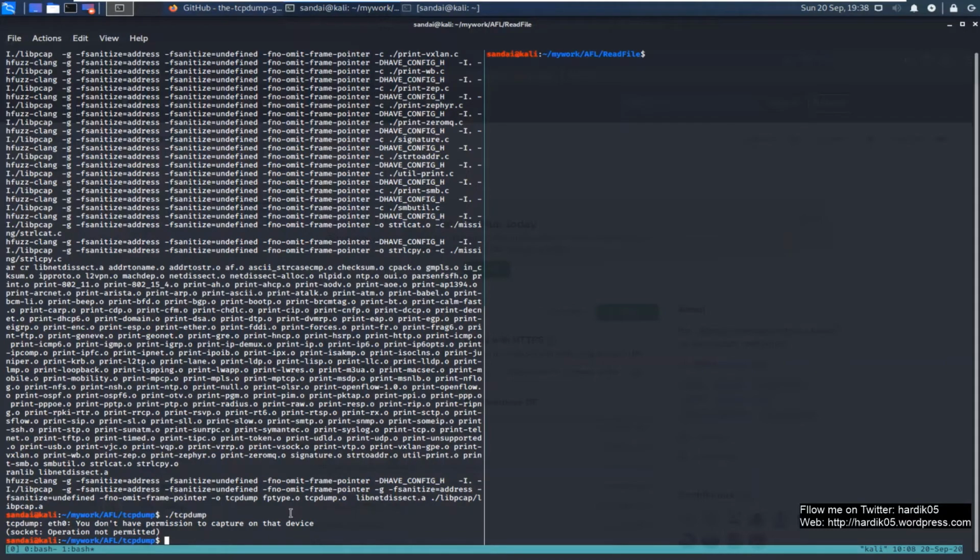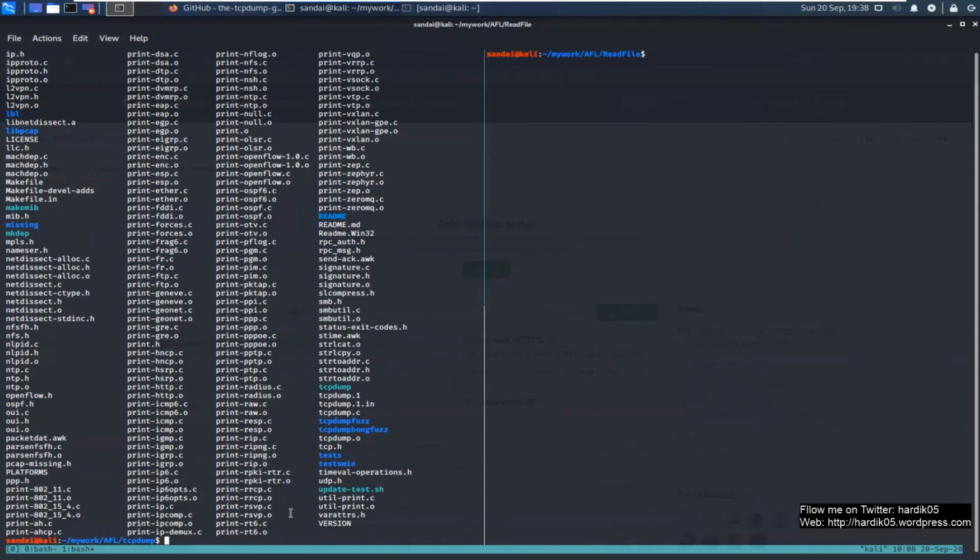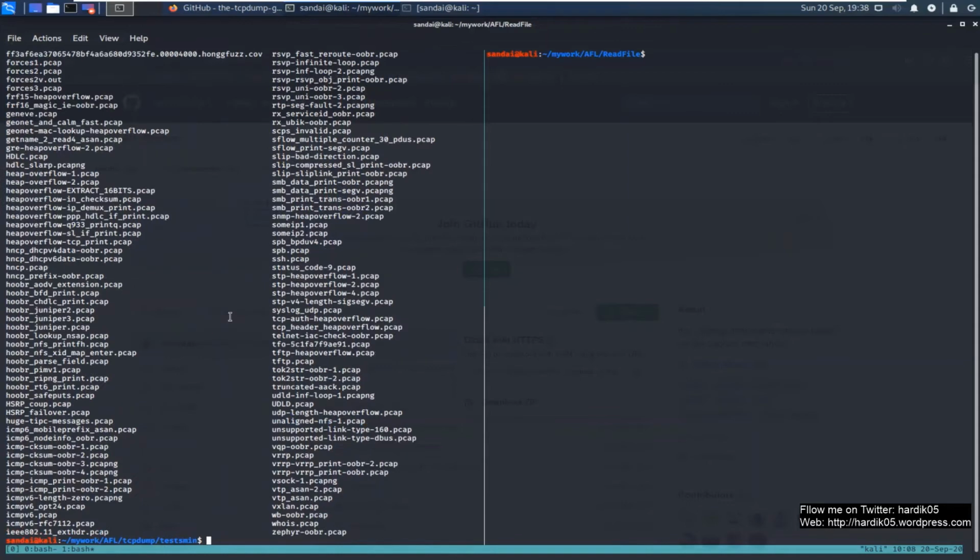And now, as you can see, the tcpdump GitHub repo contains a lot of test cases, which has a lot of files that we can use as our initial corpus. It contains a lot of files, and if you read a file name, that will give you more info, like out of bound read or seg fault or out of bound read again.